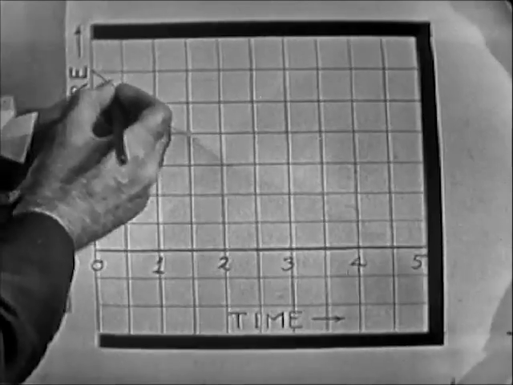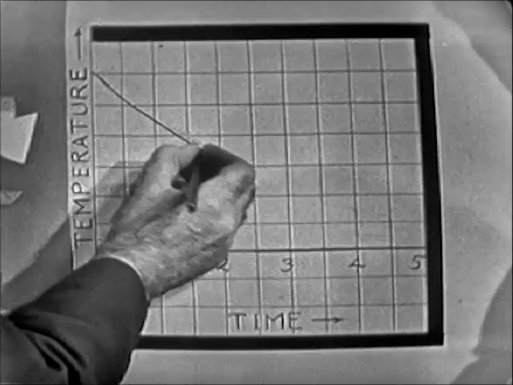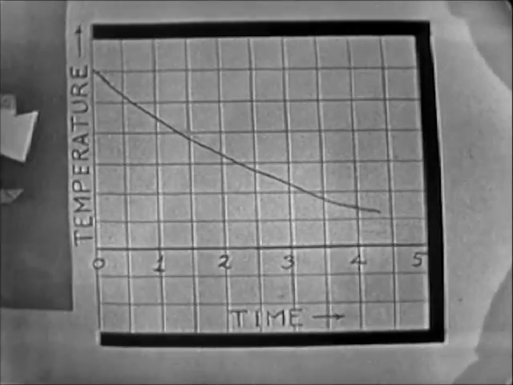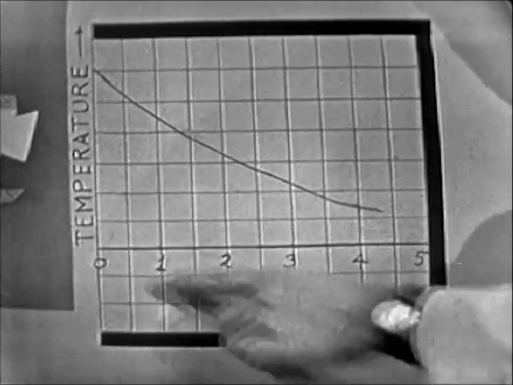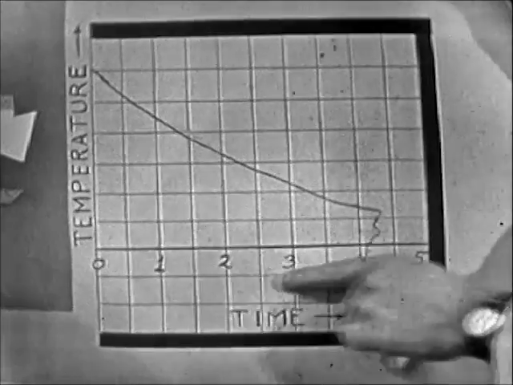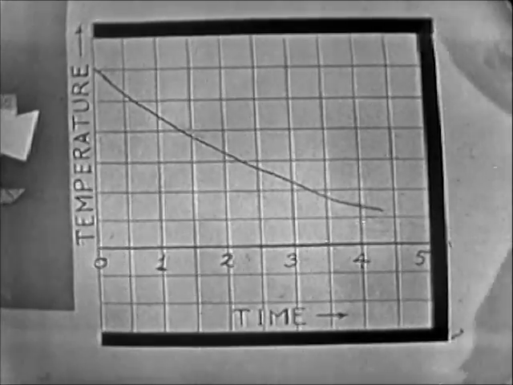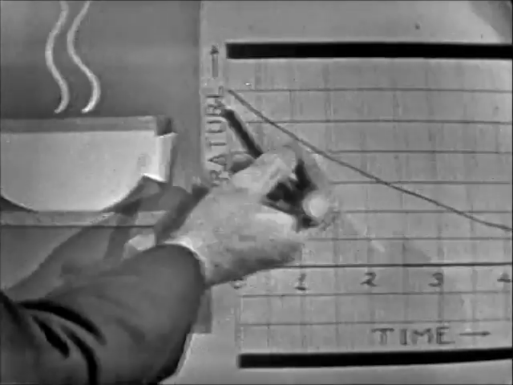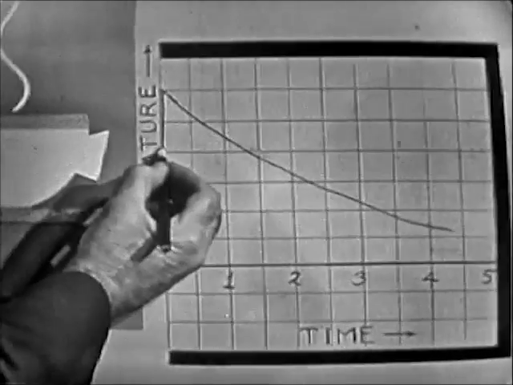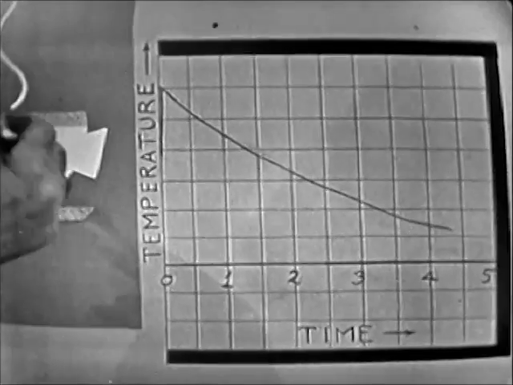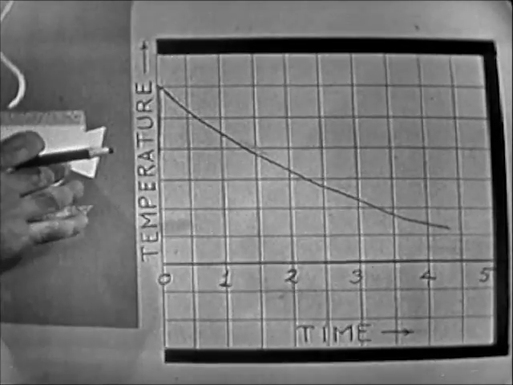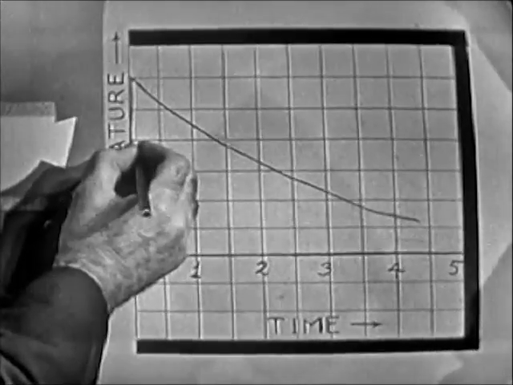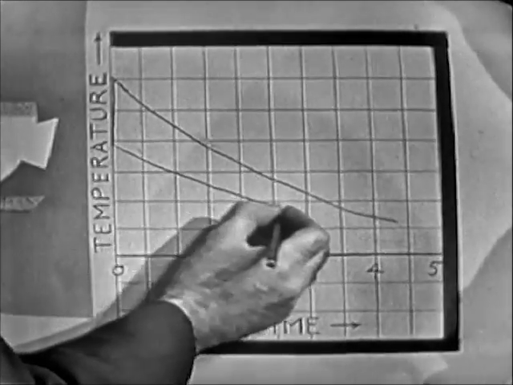Suppose this represents the cup of coffee that's black. It cools off with time, so that in about 5 minutes, it's gone down almost to room temperature, but not quite. This would be the time scale here in minutes, 1, 2, 3, 4, 5. That's right. Now let's look at this cup. The first thing we did was add cream. Yes. Right away, that cooled it down from this temperature down to about there. Then it started cooling, but being now cooler than the other one was, it doesn't give out as much heat per minute, and it follows a curve that looks similar, but always stays below the other one.